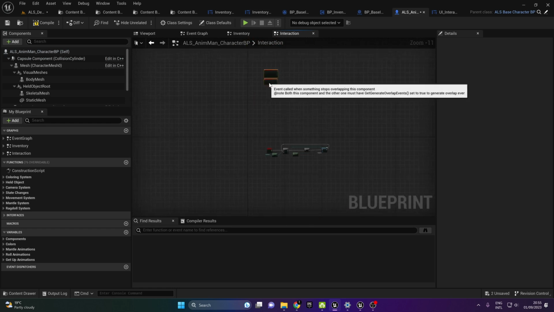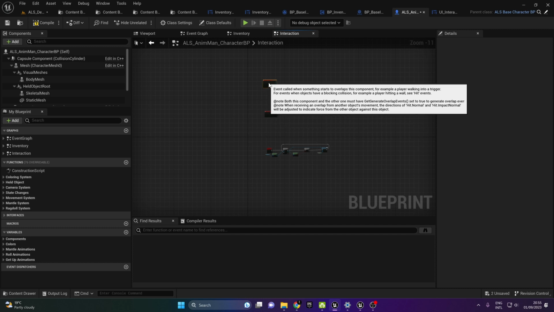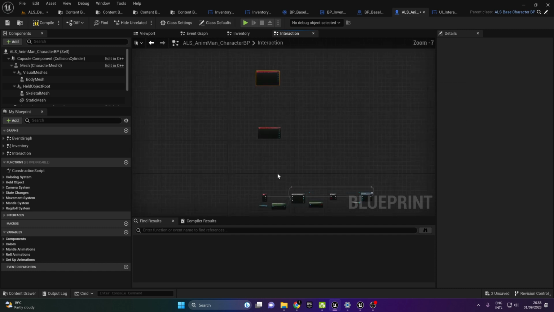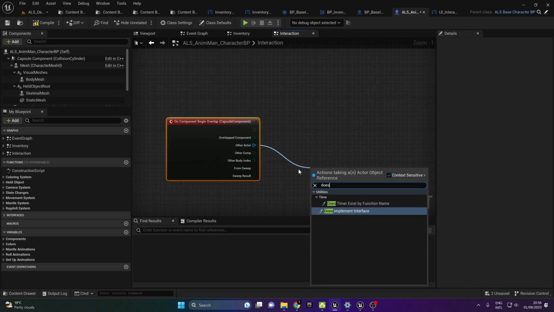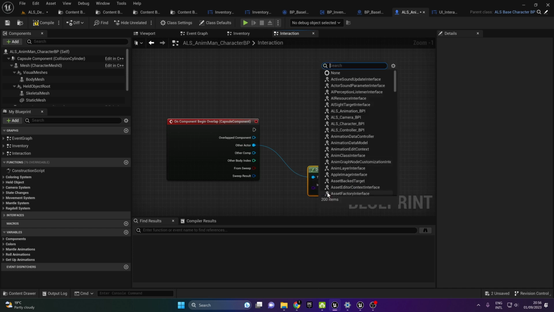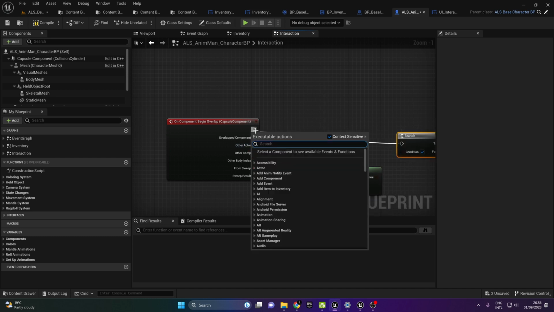You just put it here, and for this one, for the other actor, we'll do a does implement interface. It will be a BPI interact, and if it is true,